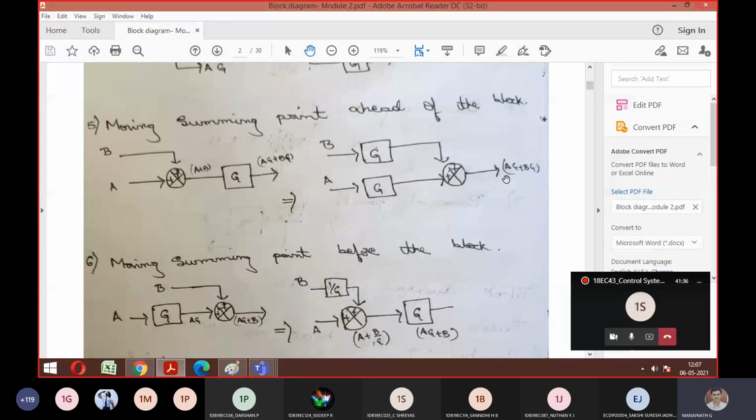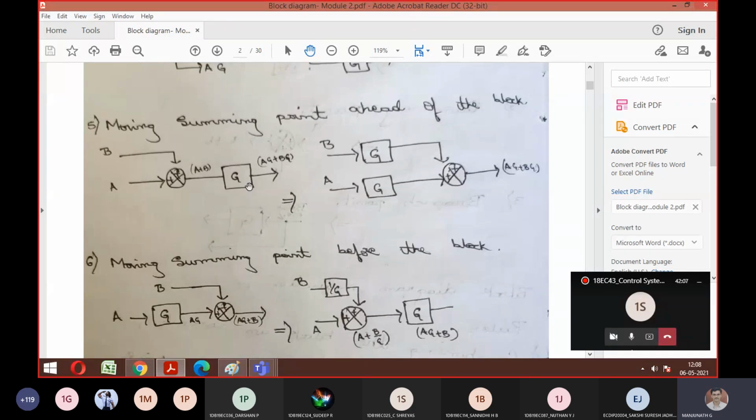No, sir. For that purpose, we are supposed to give some alteration here, such a way that the output should not get degraded. So for that purpose, if we move any summing point ahead, I should multiply a block called G, then it will match both the diagrams. Is it okay? So this diagram is same as this diagram. That is the meaning. Okay, now? Is it okay? Yes, sir. Fine. So let's move on to sixth one.